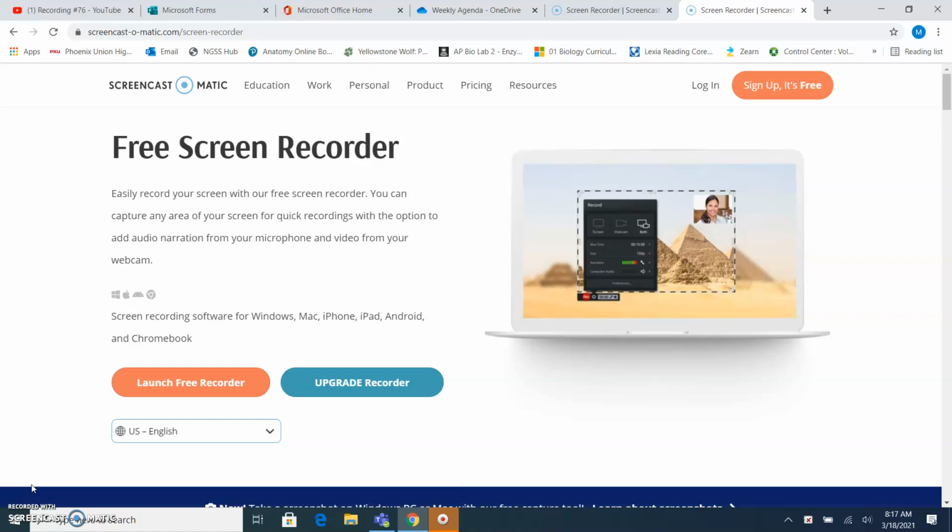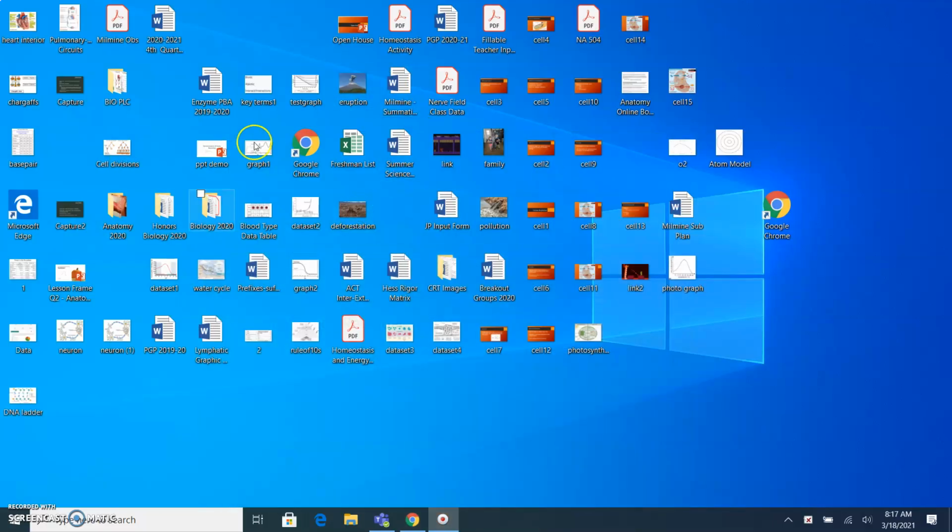Now, how you open up Teams, it appears that it does matter. Having spoken with some students yesterday in class, it appears that if you log in and open up Microsoft Teams through the internet, it does not work. I've never experienced that because I don't open up Teams through the internet. I have the app on my computer, which is down here on mine. You might have a little icon on your screen somewhere for it,